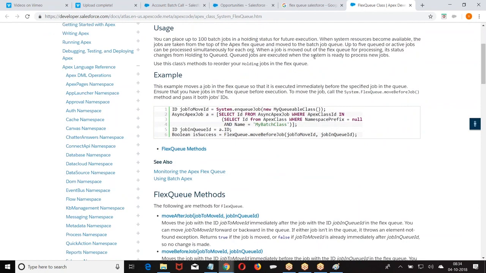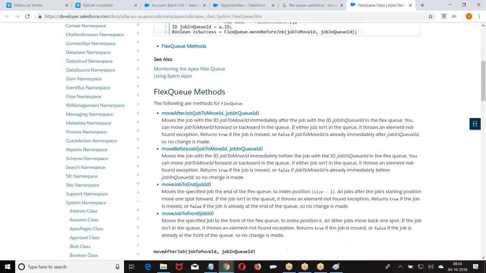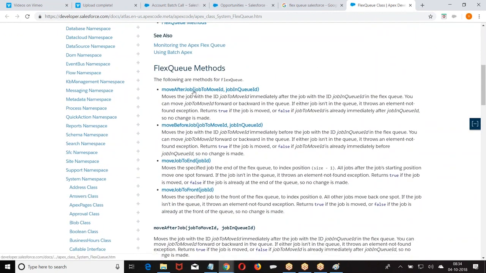Then what is the format? Write a SQL query, get the ID of the job. So what we are doing? Move after job, move before job, move the job to end, move the job to front. Are you getting my point?